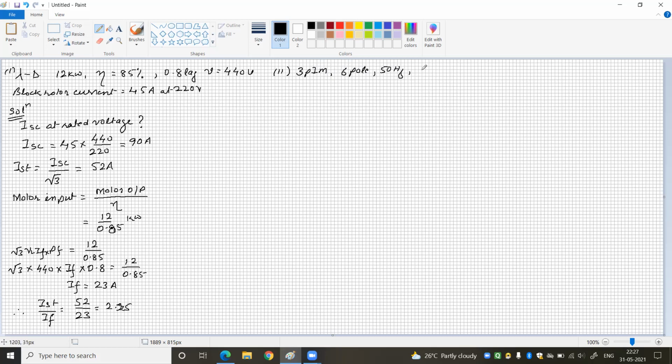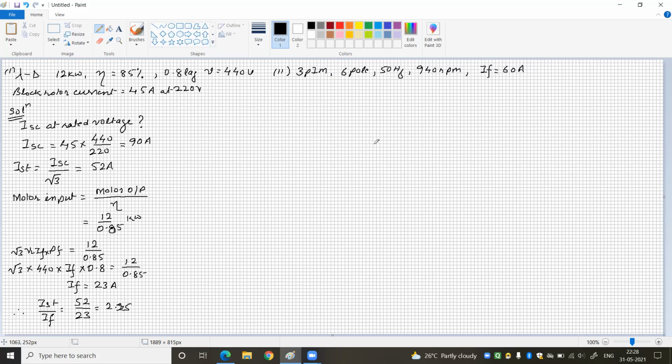Speed of the motor is 940 RPM. That is the rotor speed. And full load current, it is taking the current, full load current is equal to 60 ampere. Full load current is taken at full load, so it is 60 ampere. This is given. Now one more thing is given.